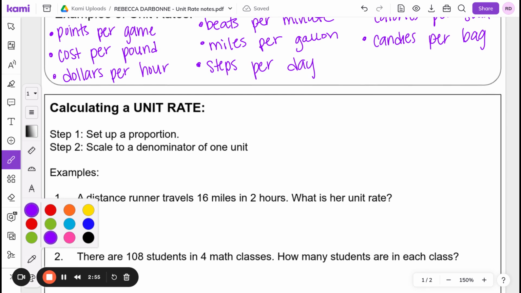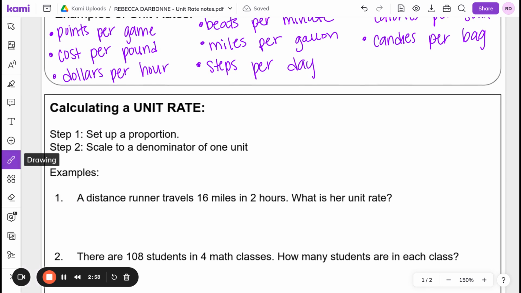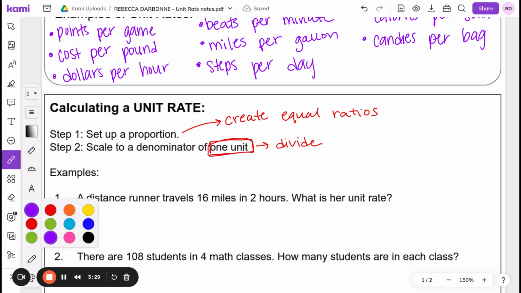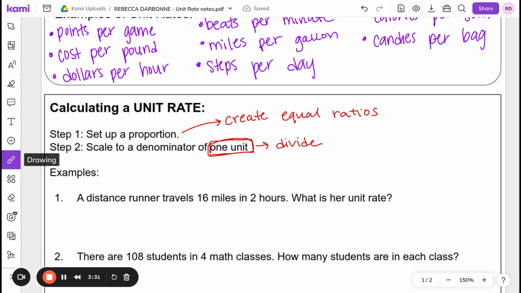So we're going to calculate the unit rate. To calculate the unit rate, we're going to set up those proportions. So that's where you're trying to create equal ratios. And we're going to create these equal ratios by scaling the denominator to a unit of 1. If we're going down to a unit of 1, then we are going to divide. So then that other reminder is whatever you do to the top, you do to the bottom. So make sure you're always applying the same rules to top and bottom so that you can stay equal and